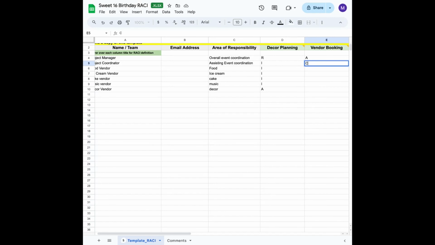Typically, I'll say consulted, right? Because I'm going to be consulting with her. Typically one person has to be responsible for something, so you can't have two accountables. So I'll say that Chloe, who is the project coordinator who's working on the bookings with me, will be consulted on this. And then everyone else,